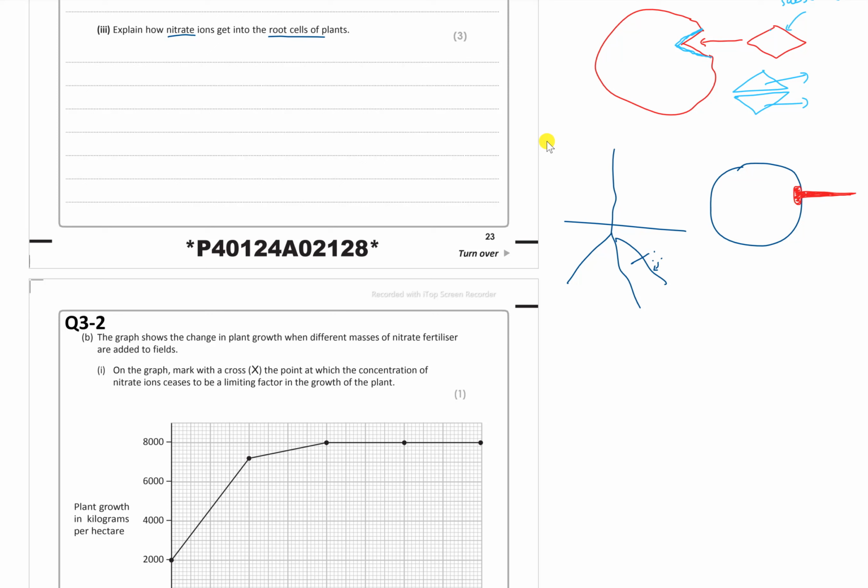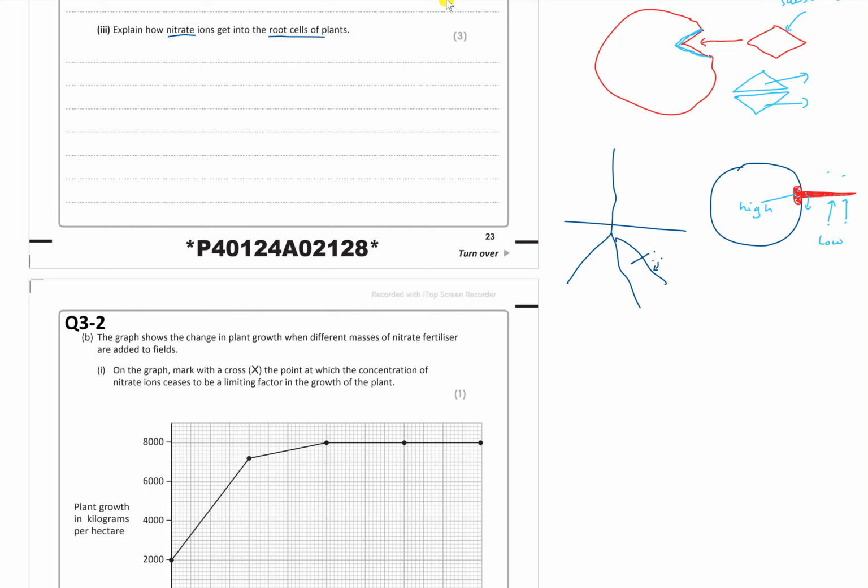Right. What happens is you've got your nitrate ion, but you've got lots of nitrate ions in there. So these will not diffuse from high to low because outside it's low. Inside the concentration is high. Right, and these are too valuable to lose, so you're not going to get flow going out. So what the plant needs to do, it needs somehow to get them in there, and it's by a mechanism